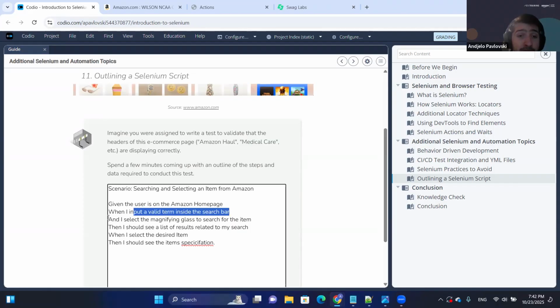And then I need a method to input something inside the search. So this is the second part of the test. And then I'm going to create another method, which clicks the magnifying glass. Or I can also combine both. We will see at the end. Then I have to assert something, because it tells me I should see a list of results. So here I would probably need to check if the results are related. So I assert here. And then again, I perform another method to select something, and I finally assert whether everything is correct. So I immediately know that I will have about one, then combine these two, three, four, five methods,